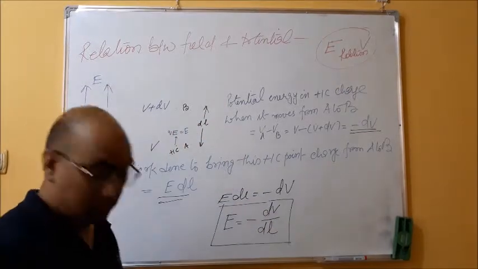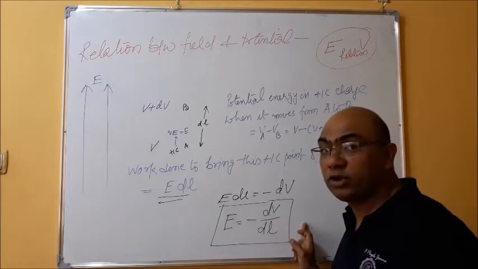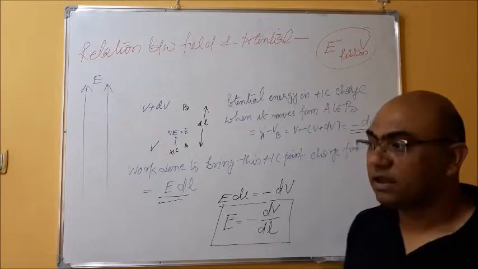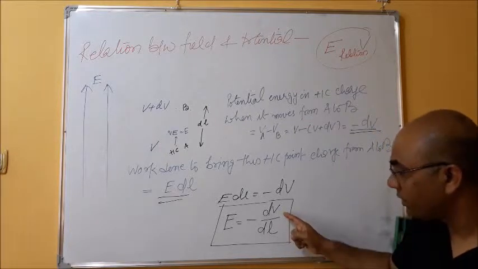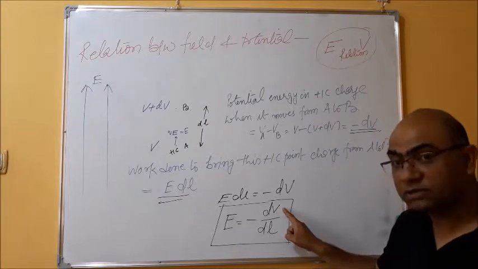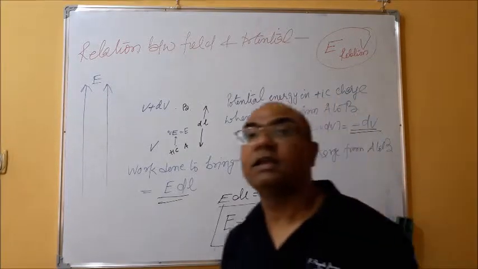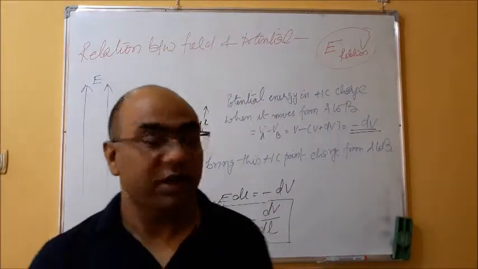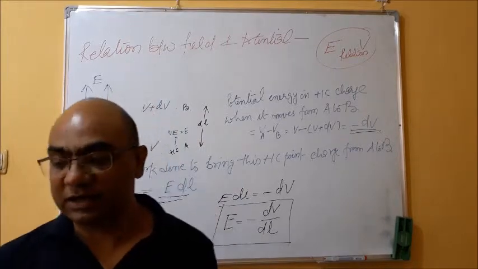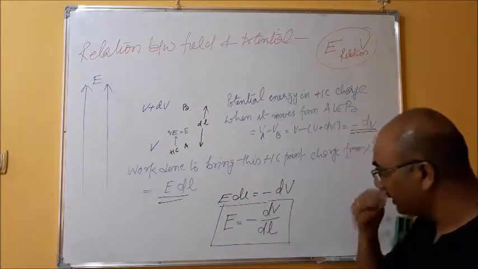So this will be the relation between the electric field intensity E and the potential difference. So we can say that the rate of change per unit length, the change in voltage per unit length, is given by the value of electric field intensity, right? Change in voltage per unit length is given by the electric field intensity. And you see here